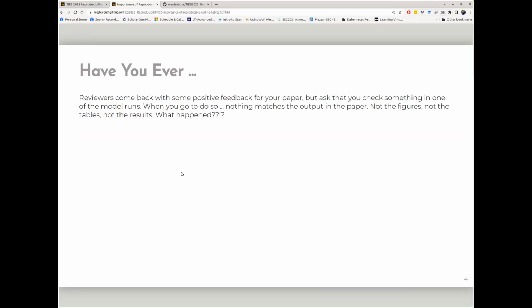What happens if, say, reviewers come back for a paper, and if you're in the stats literature, reviews can take 10 months. I had one paper that was 11 and a half months between submission and reviews. I had graduated and moved on before the reviews came back. We never did publish that paper because it came back so late that everybody had moved on. What if they come back, but they're like, oh, wait, I don't really know what's going on with this one model. Can you check this one model? And when you go to do so and you go to run it, nothing matches. None of the outputs, none of the figures. You rerun it and nothing matches. It doesn't even seem to be the same results that you published in the paper. What just happened?